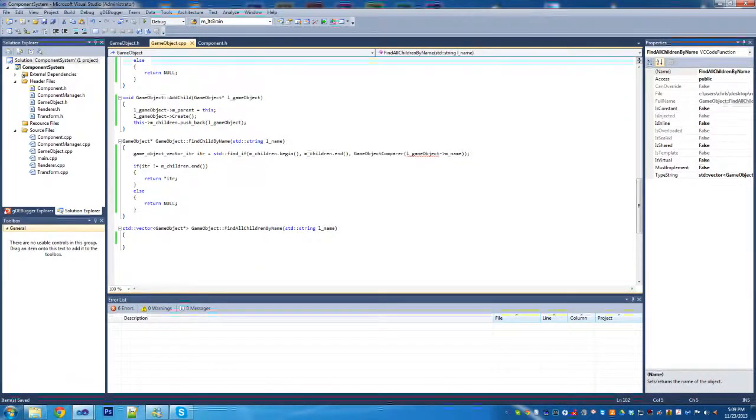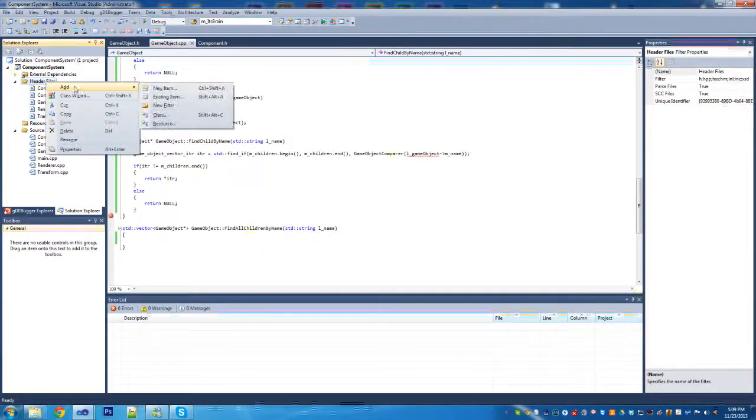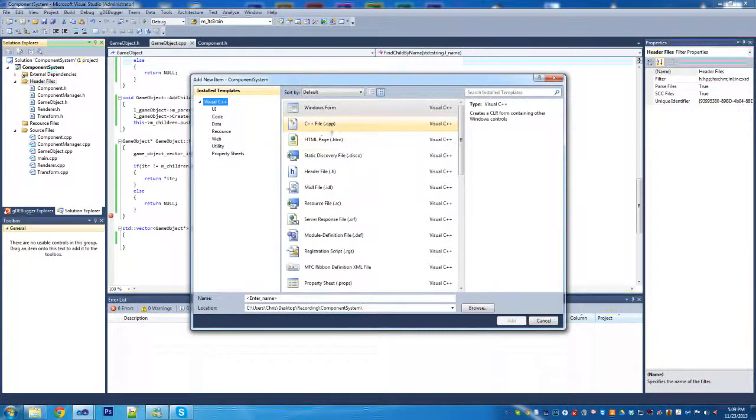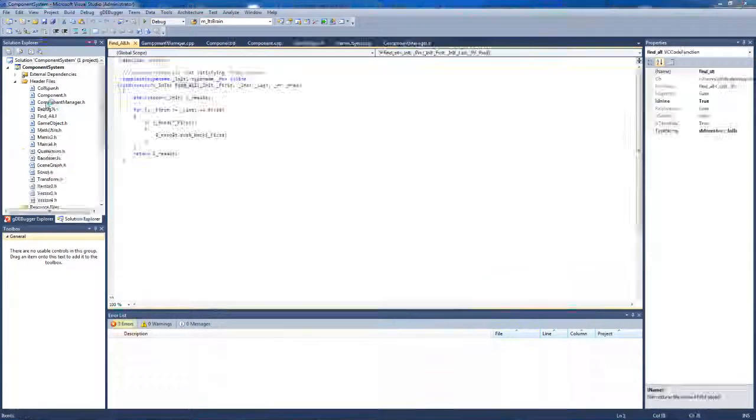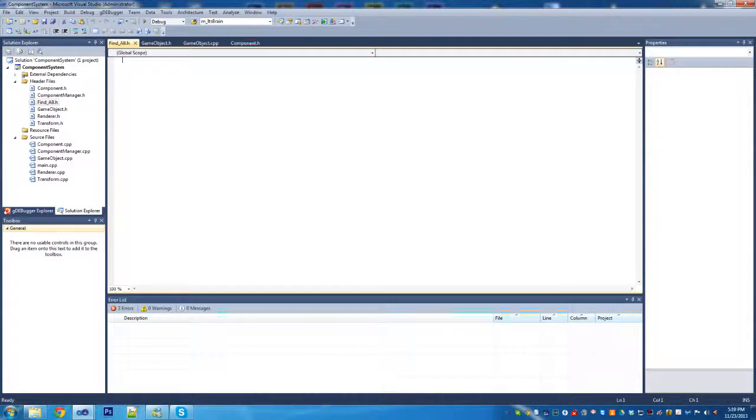And this is the one where we have to find all children by name. So this one I'm going to have to go back and we'll be right back in a second while I prepare to write that one. Alright, so the first step here, you're going to want to go over and add a new header item. And we're just going to call this find all. So this is a little bit more advanced code, but I basically took a look at what they did for the